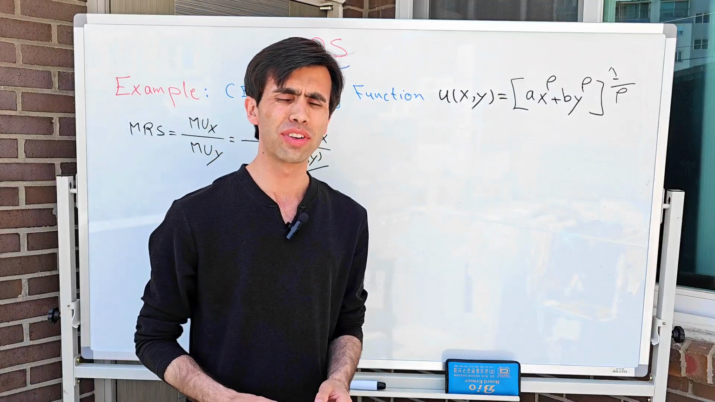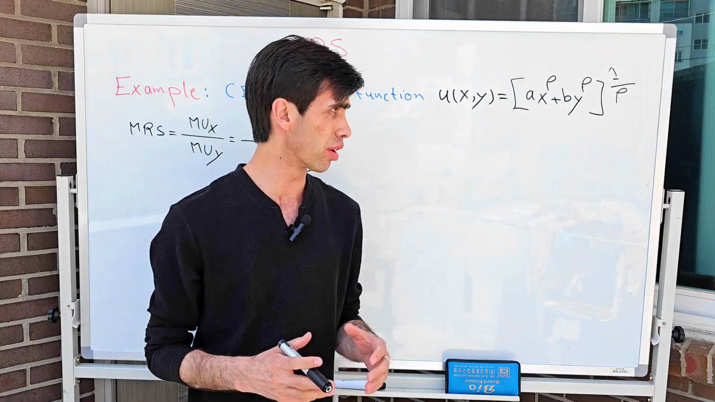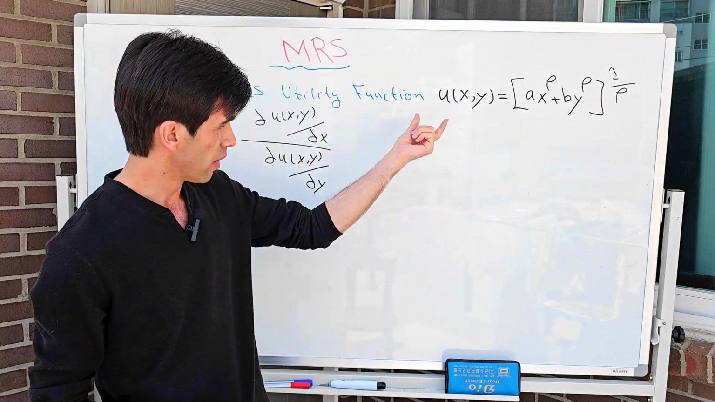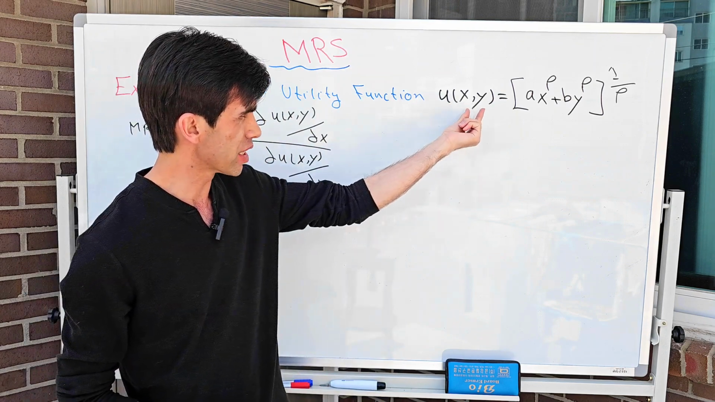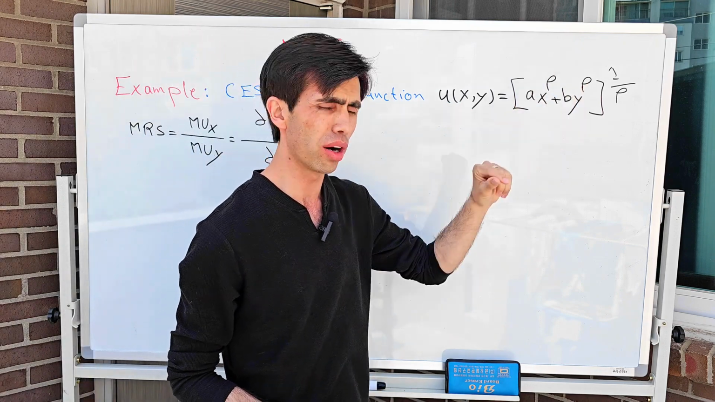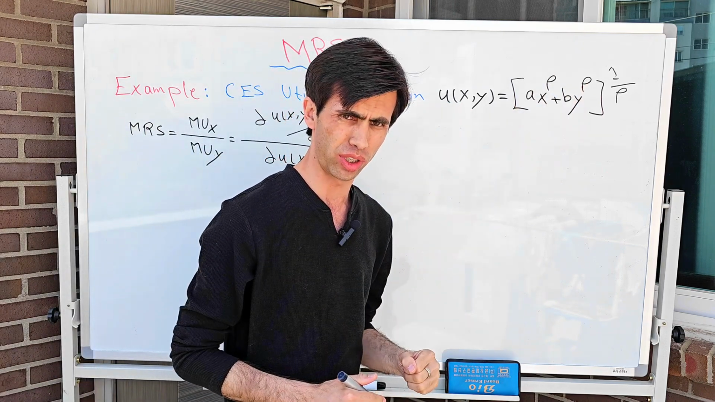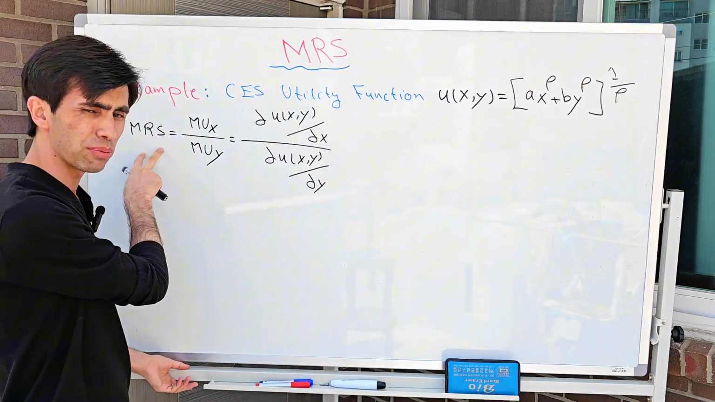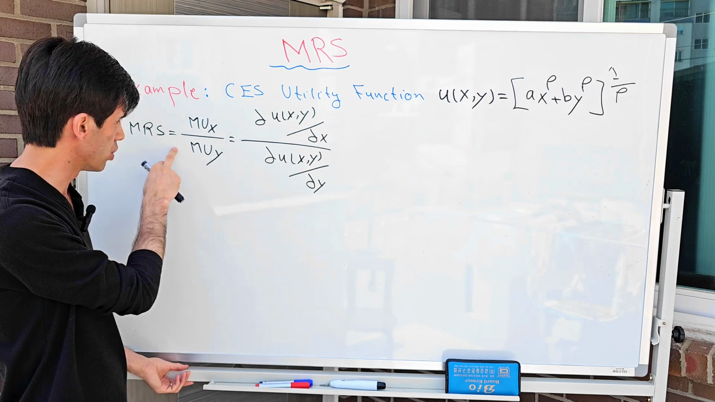Now let's find out the marginal rate of substitution for a typical CES utility function, which is our utility as a function of x and y equal to (ax to the power of rho plus by to the power of rho) whole to the power of 1 over rho. Now, if you want to find the marginal rate of substitution, the marginal rate of substitution is equal to